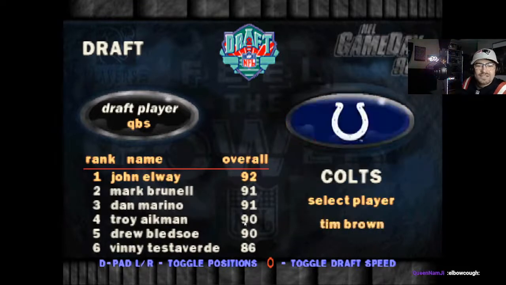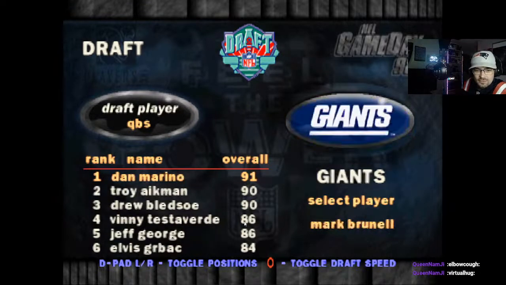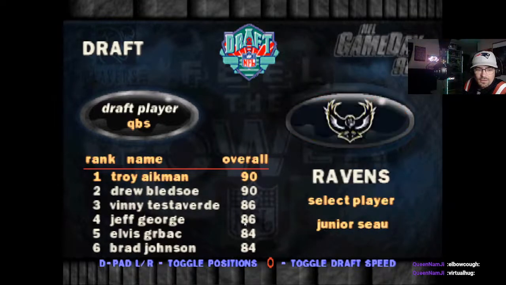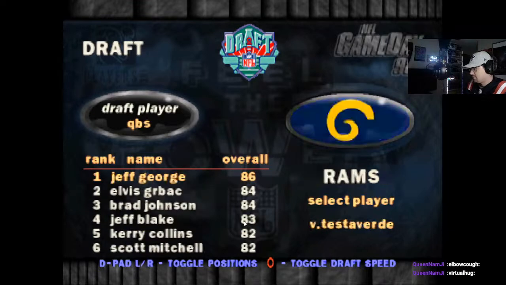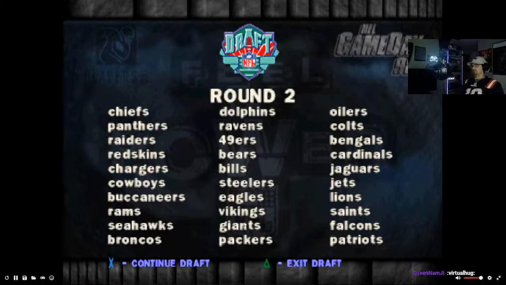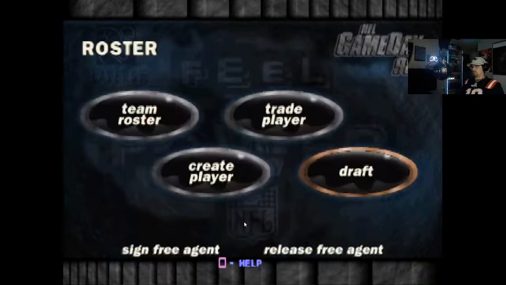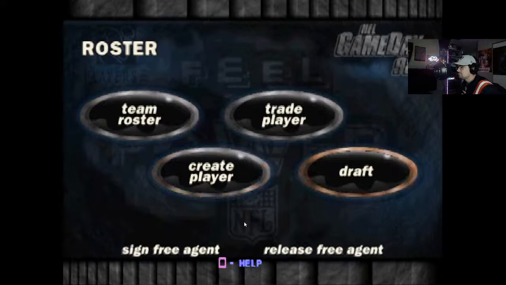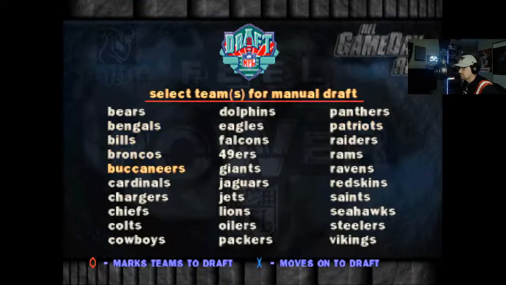They have a fantasy draft mode in here. So if you want to draft, say you press circle, you mark that team, now you can pick in your draft spot.